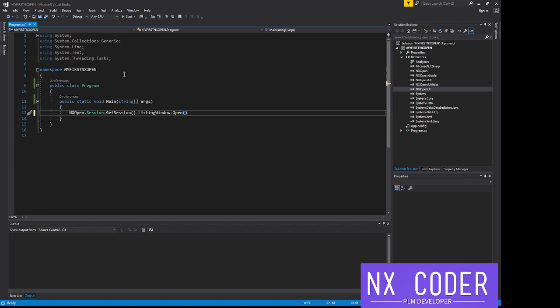What is a listing window? The listing window is the information window. If you go inside NX, select a part and then go to its properties, you will see an information window; that is called a listing window in case of development. Here I opened the listing window. This line of code will open the listing window, and the next will quickly